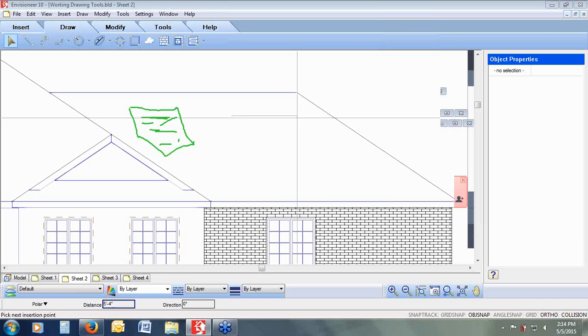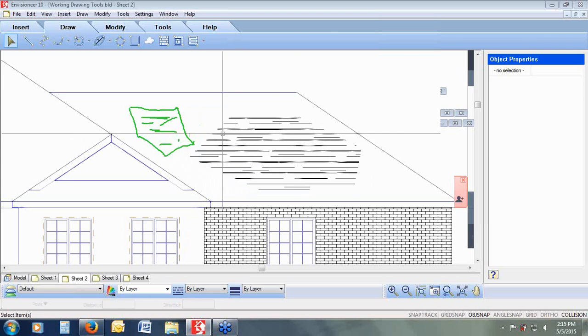I left click, and I'm going to turn off ortho because I want it to have a nice different shape. I don't want it to be too rectangular. And I left click. See the shape it's created? When I right click and tell it I'm finished, it'll just put the hatch in that particular area. You'll see it didn't include the outline. It just included the hatch